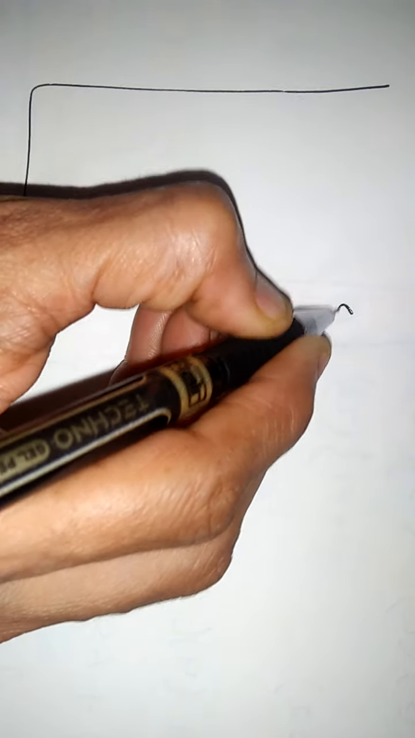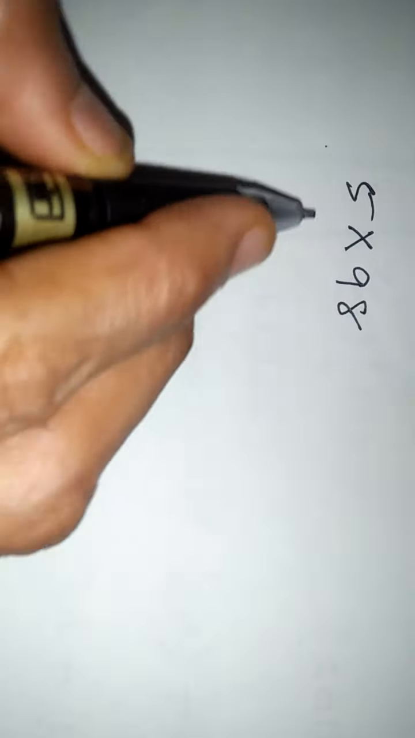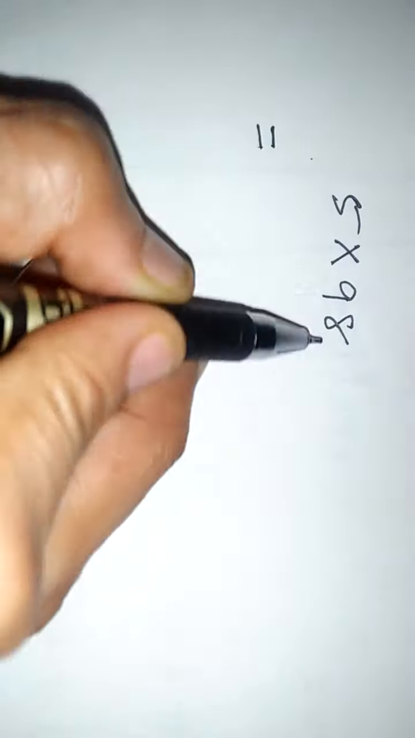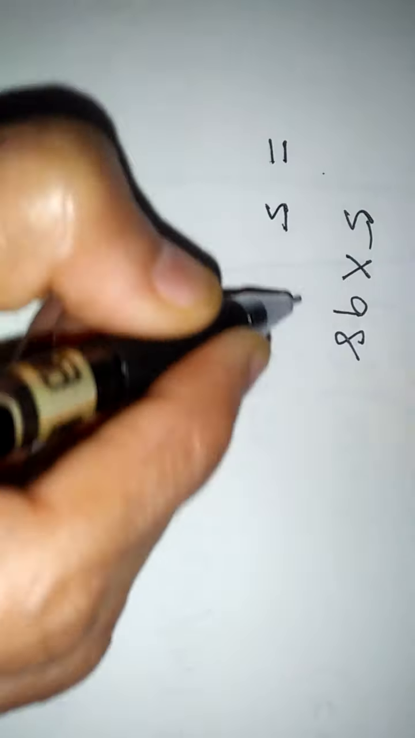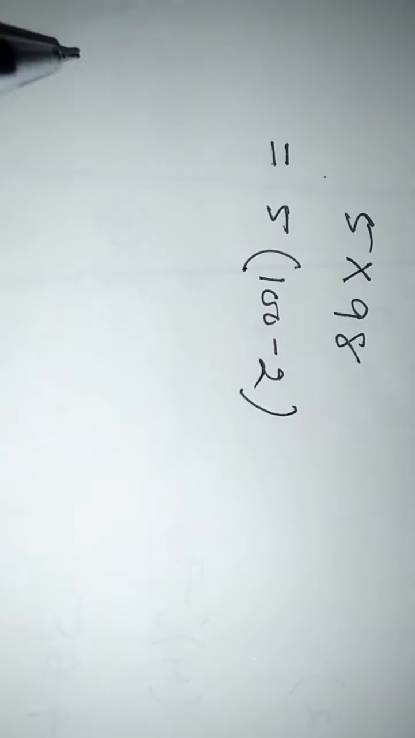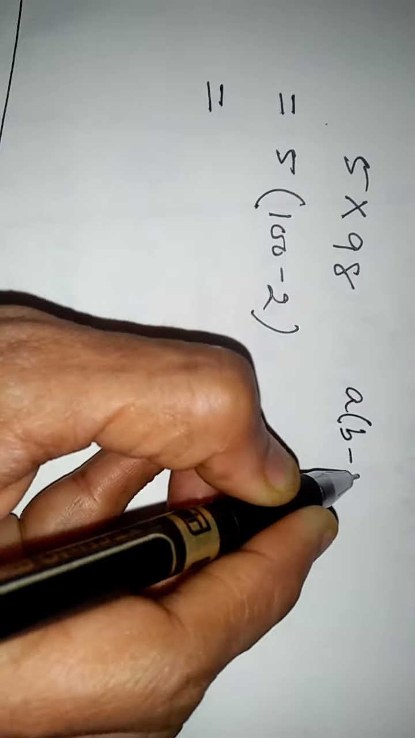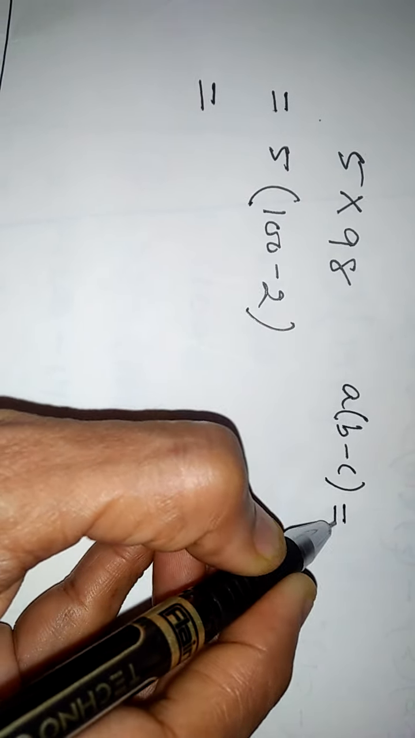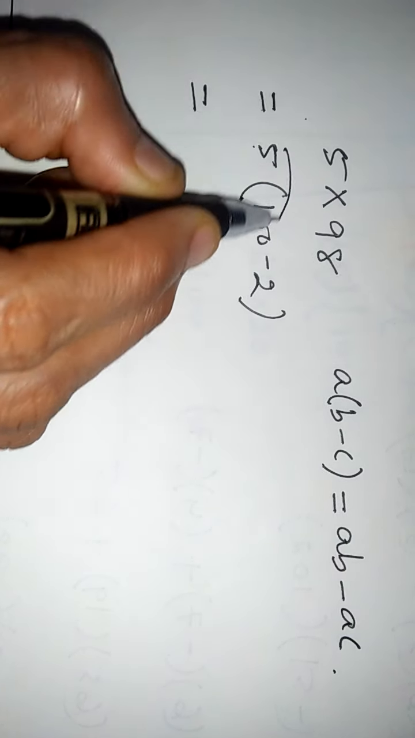Again I am doing another number so that you understand very easily. If I write 5 into 98, see, here also without multiplication I am going to write it now. 5 into 98 should be 5 into 100 minus 2. So likewise I am writing the form of A into B minus C. So A into B minus C will be equal to A into B minus A into C. So 5 into 100